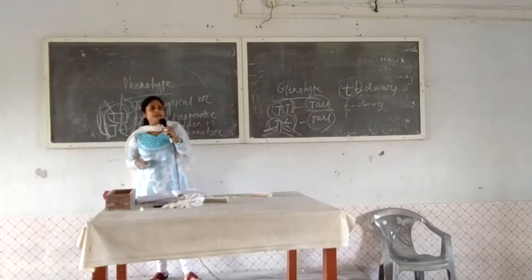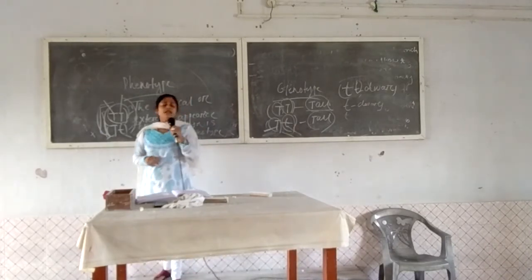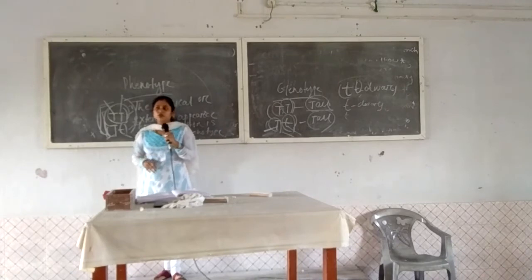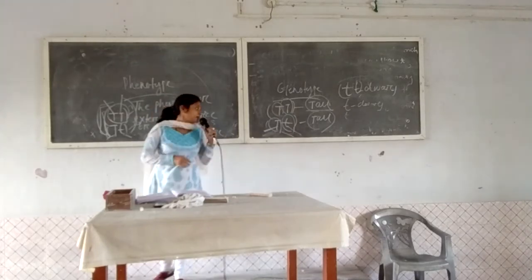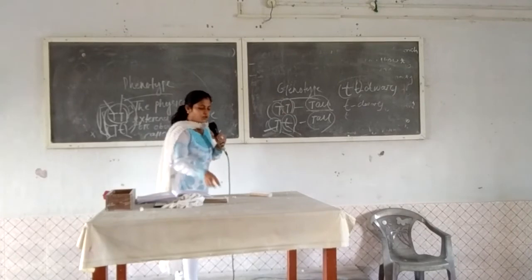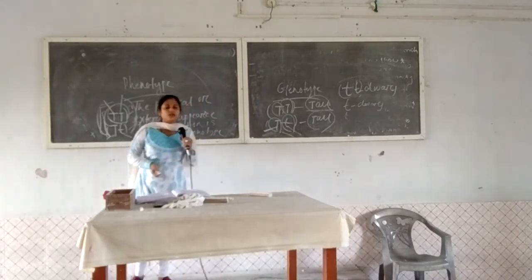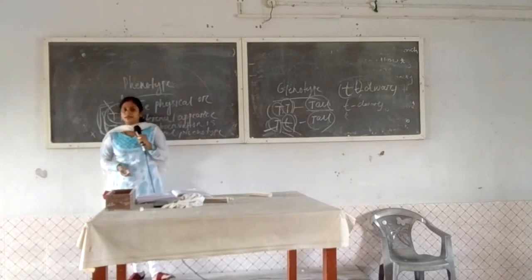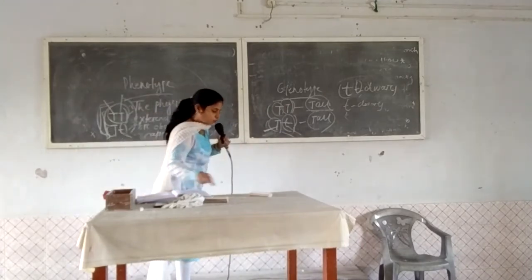For this, Mendel did a lot of experiments. Which are the dominant characters, which genes are carried and expressed from the parents, and for this he took colors like this. Yellow color is the dominant character, green color is the recessive character.